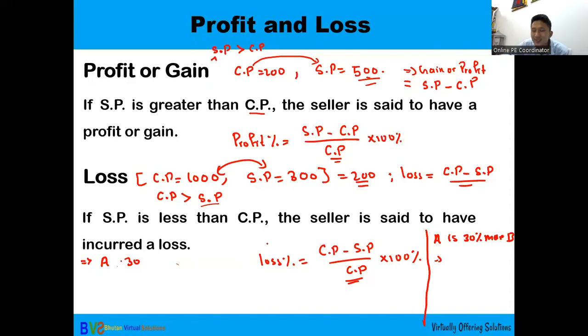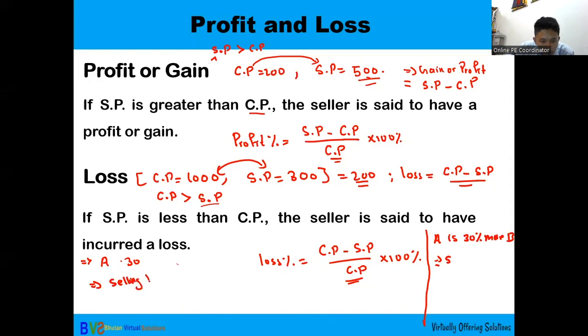A is 30% more than B, profit in there. The answer we get is the selling price. What you need to know is that the formula is used for direct calculation, and there is one shortcut method also. We should know that